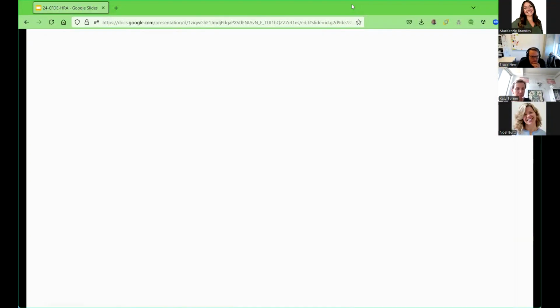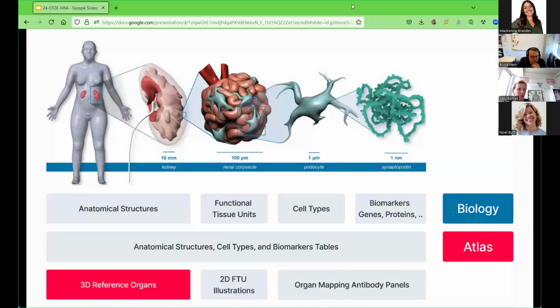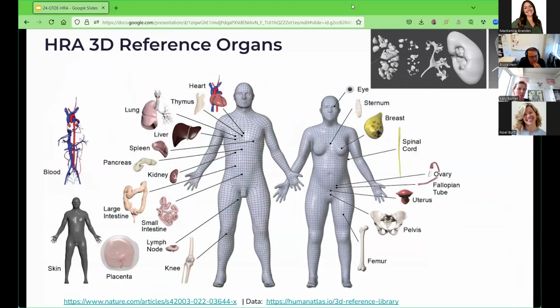On the next slide, you see again the overview. So we are now going to zoom into these 3D reference organs. On the next slide, you see the anatomical structures, the organs, but each of the organs actually has an inner structure,